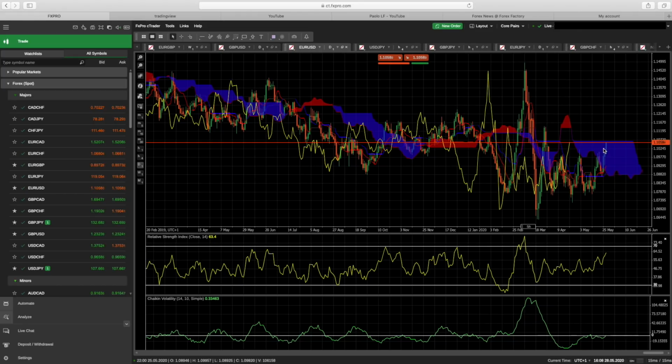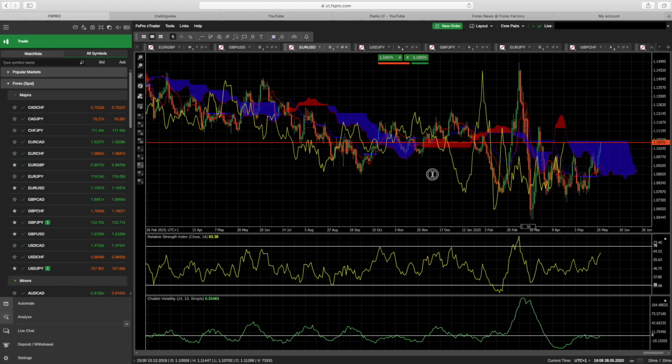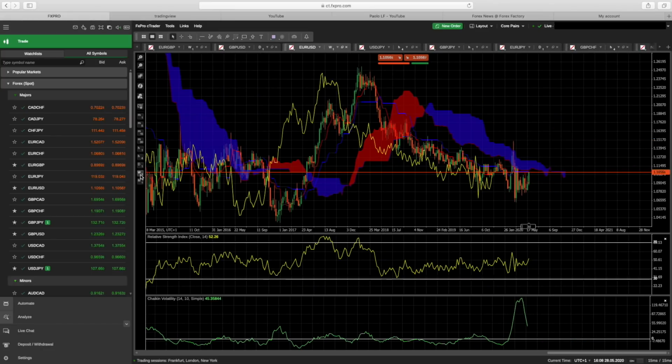Keep an eye on the daily on this candlestick that's currently in formation, and see how the preceding candlestick and what the fundamentals are saying, for us to be able to make a decision on how we're going to approach this pair to make a profit. So what I'll do now is drop it down to the weekly and move on to our next pair,